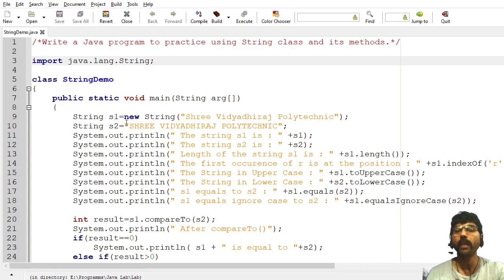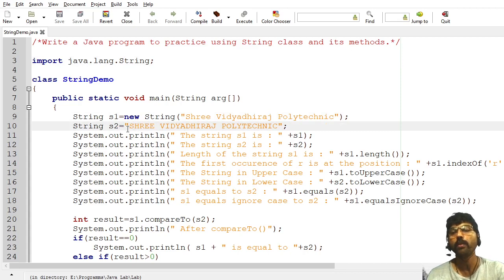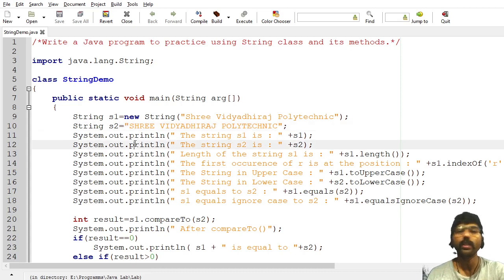Now in a similar way, I can create another string called s2. This is a shortcut method for the first one. The first is just like a normal object creation, and here I have just assigned the string to s2. Both will do the same thing, but this is a shortcut. Second string s2 is a shortcut. Now in the third and fourth statements, I just display the values of s1 and s2.